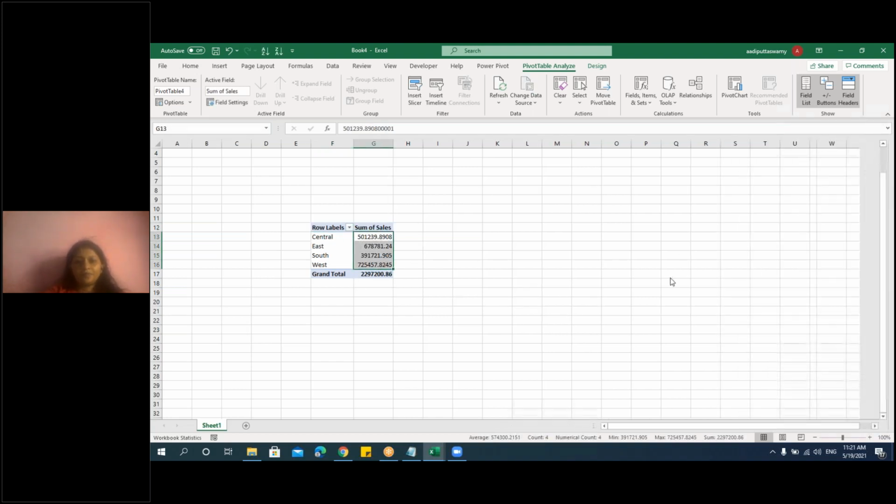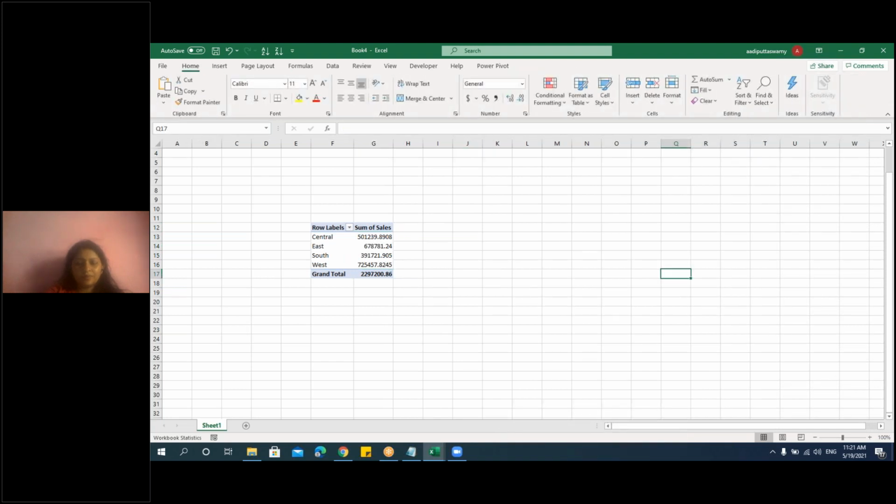But here I don't have any data in the Excel sheet. It is actually trying to connect data from other sources. All right, this is for connecting from an external source. So what if I want to get the data? Say for example,